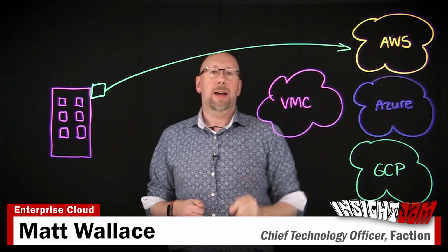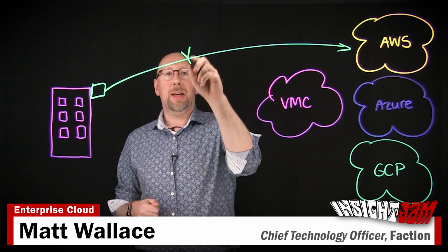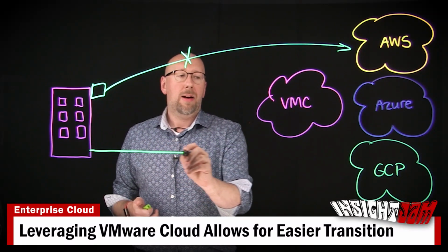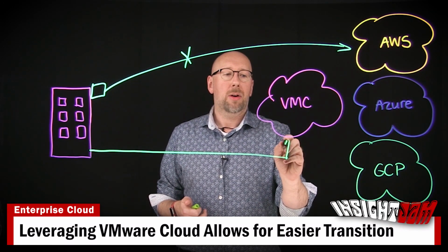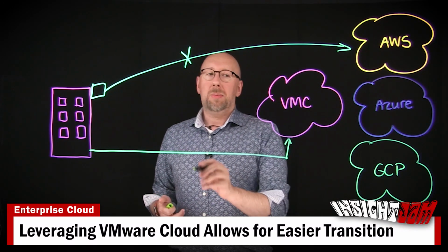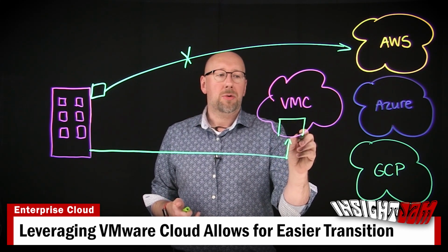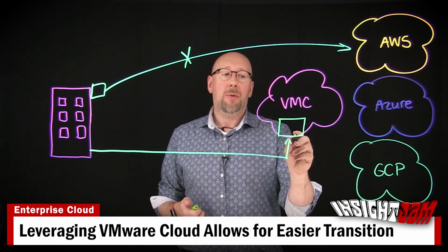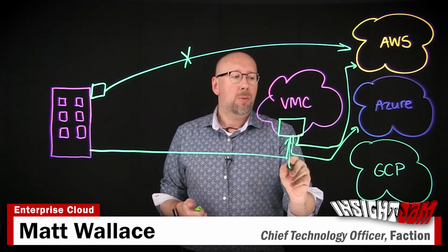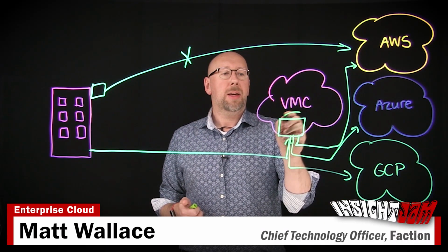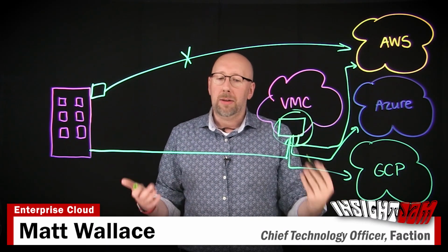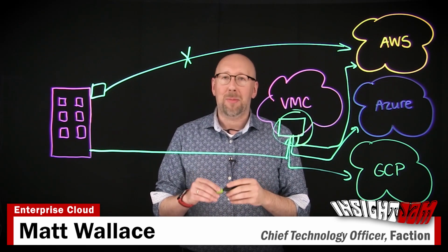One of the things that we have found consistently over time is that folks like to take workloads that they have on-prem, take their existing IT infrastructure, and try to figure out how to jump straight into the cloud. We have found that this is, generally speaking, a bad practice. Leverage VMware Cloud and AWS as a sort of landing zone, a waypoint, if you will, because by moving here, you can get your infrastructure in the cloud, but keep the same operational modalities. And because you are able to do this at your own pace, because this is already in the cloud, you take away the risk of that cloud transformation project.